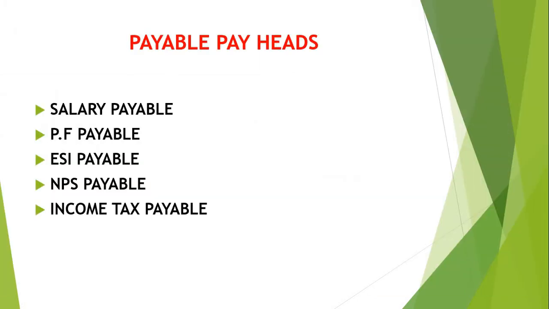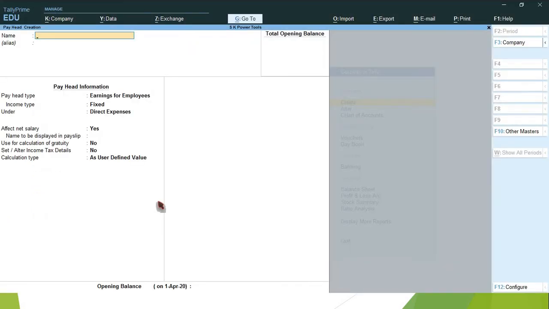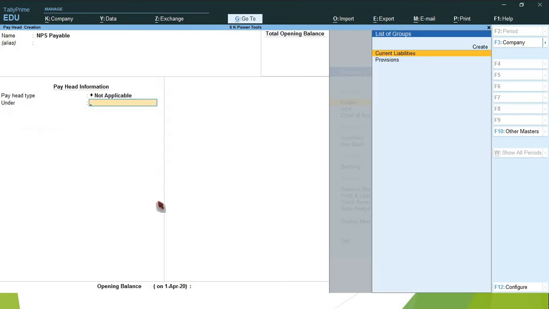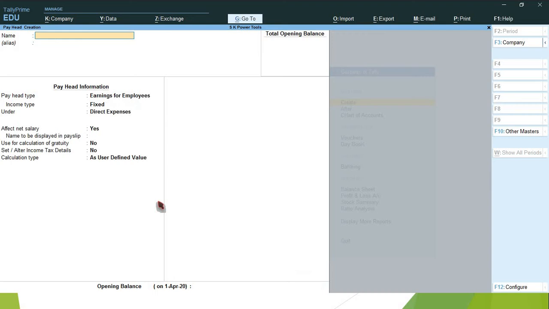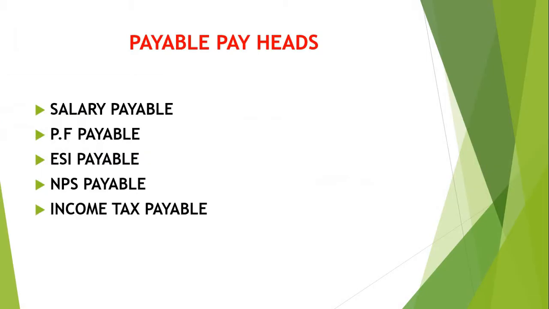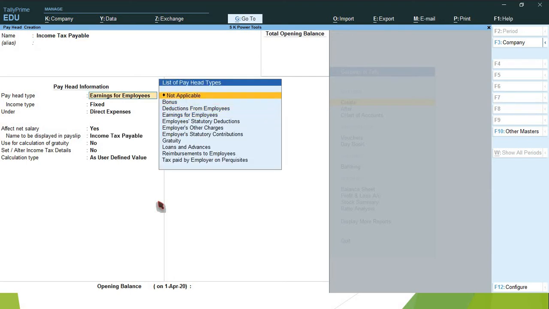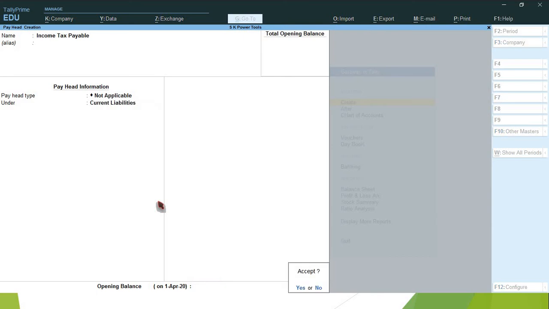Next one, NPS payable. Payhead type, select not applicable. Under current liabilities. So last one, income tax payable. Payhead type, not applicable. Under current liability.